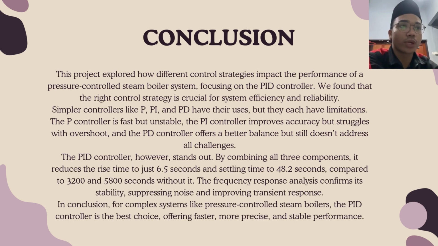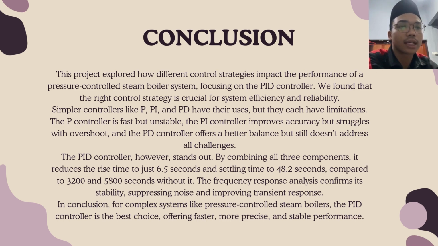Okay, for the last part, which is the conclusion: this project explores how different control strategies impact the performance of a pressure control steam boiler system. Focusing on the PID controller, we found that the right control strategy is crucial for system efficiency and reliability. Simple controllers like P, PI and PD have their use, but they each have limitations. The P controller is fast but unstable. The PI controller improves accuracy but struggles with overshoot, and the PD controller offers a better balance but still doesn't